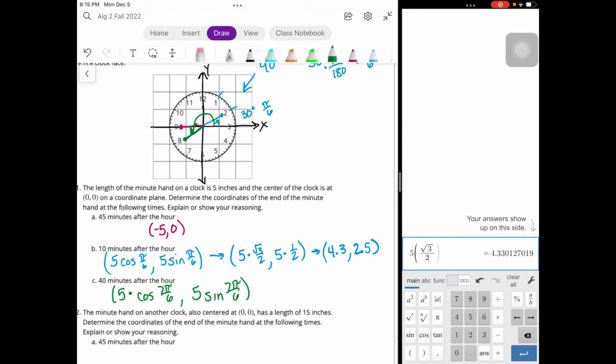Right? It doesn't matter what direction the minute hand is rotating in, because on the unit circle we go counterclockwise, but this is a clock, so we're going clockwise. But it still makes that same angle with the x-axis. All right, and so then we can